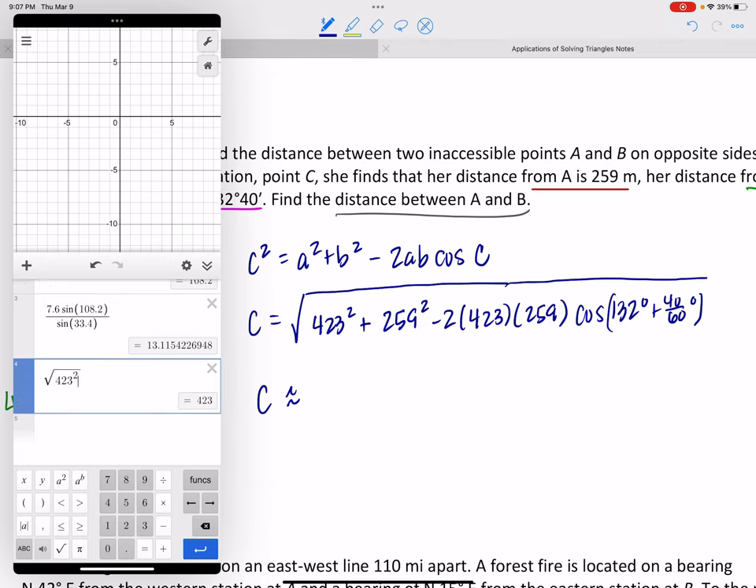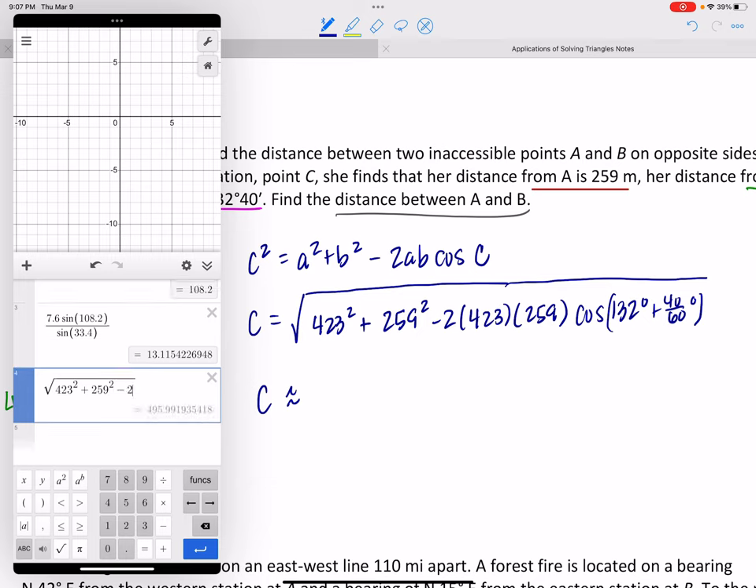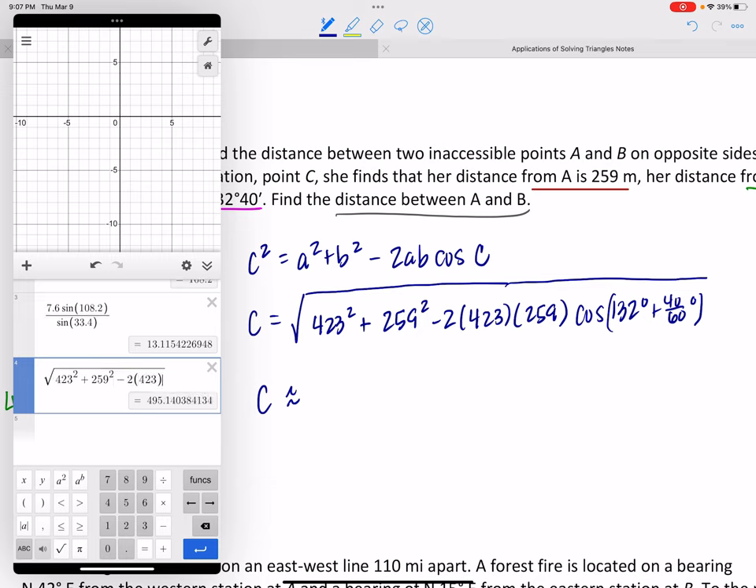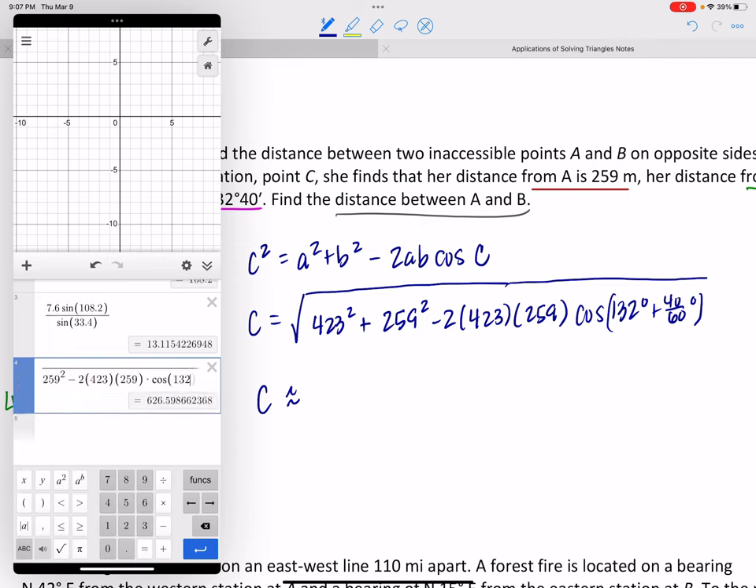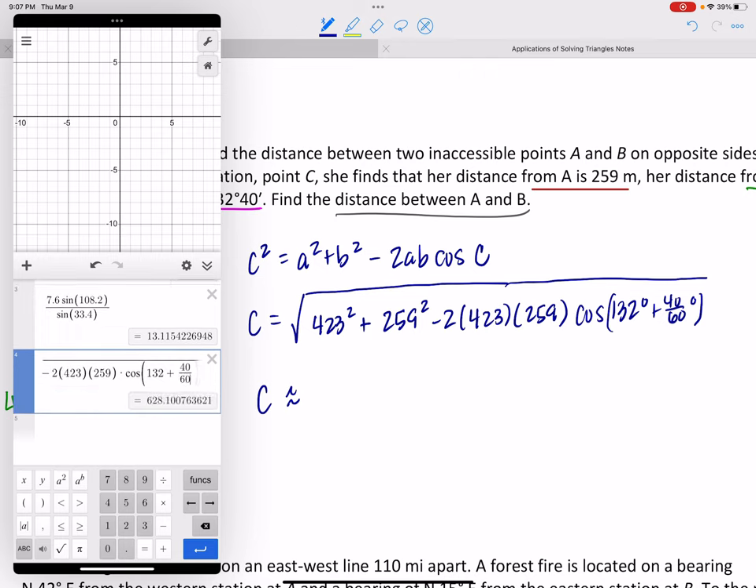423 squared and 259 squared, minus 2 times 423 times 259 times cosine of 132 plus 40 out of 60. Boom. 628 point, let's just say 110 technically, and we're good. So 600 and